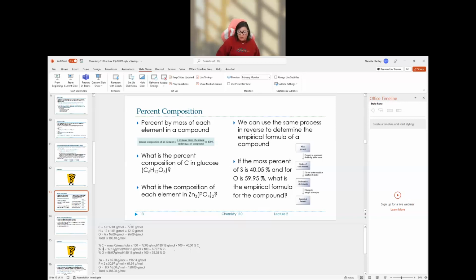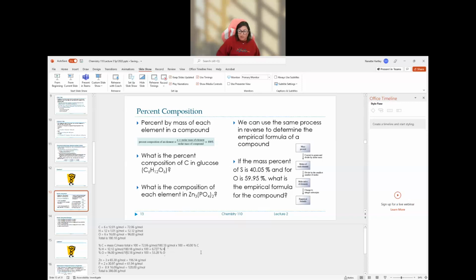For the hydrogen, we have 12.12 grams per mole divided by 180.18 grams per mole times 100, which is 6.727% hydrogen. Percent oxygen equals 96 grams per mole divided by 180.18 grams per mole times 100 equals